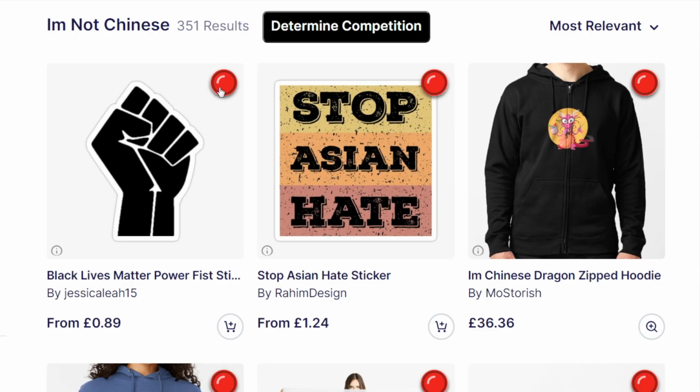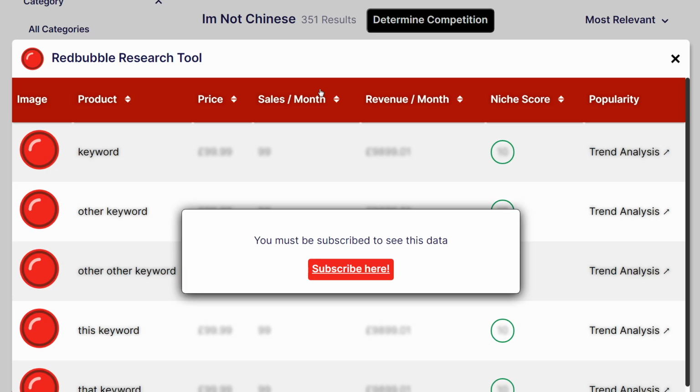These red bubbles down here, I've replaced the favourite icon, so if you click them, you can favourite as normal, you can copy that person's tags, or you can analyse the listing. So if you click analyse, this is the product data that it brings up, so it will show you the product, the price, the sales per month, revenue per month, niche score and popularity, which you can do some trend